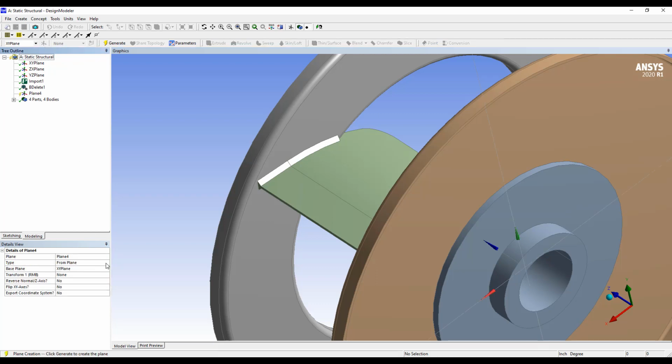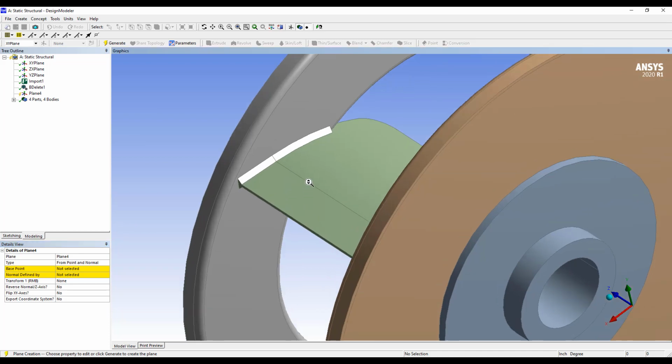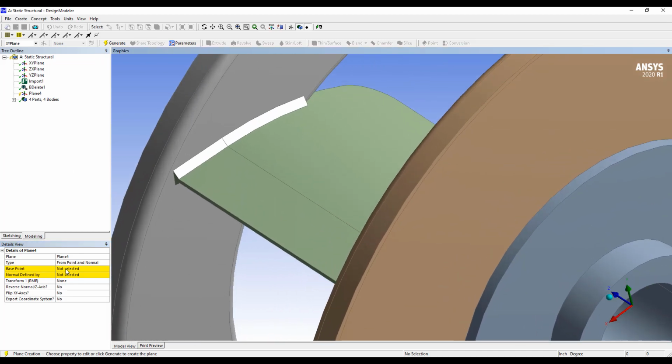and I'm going to change the type from plane to point and normal. For the base point, I'm going to select this vertex here, click Apply, and then for the normal, I'm going to pick this edge and click Apply, and then click Generate. And here we have our plane defined now, so we'll use that to do a slicing operation